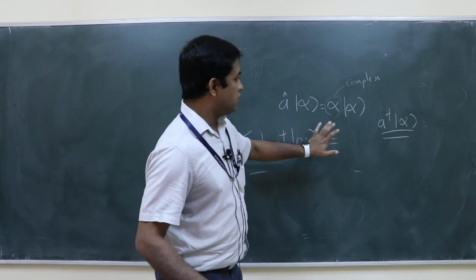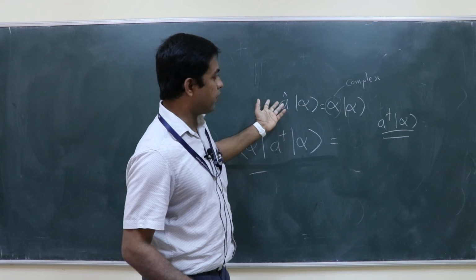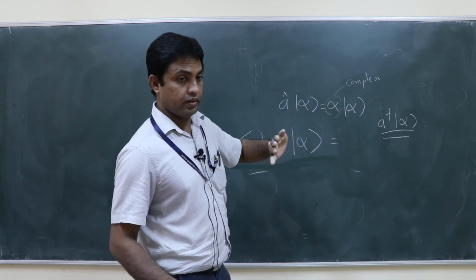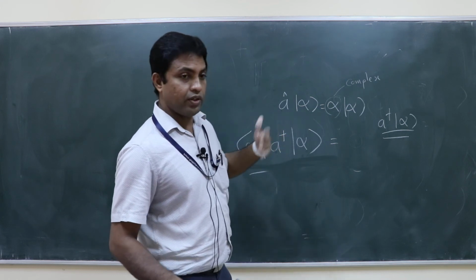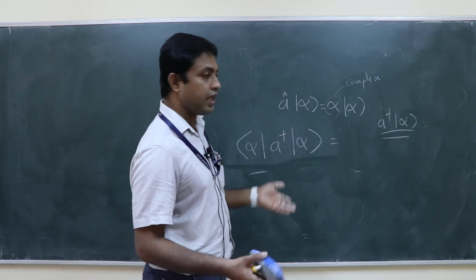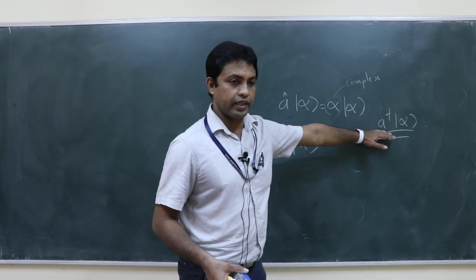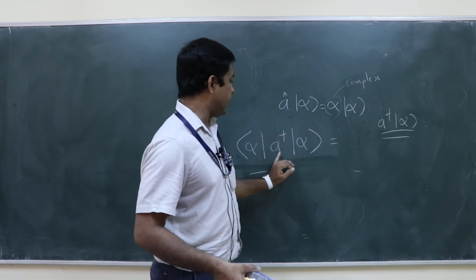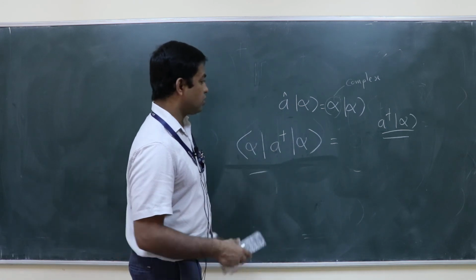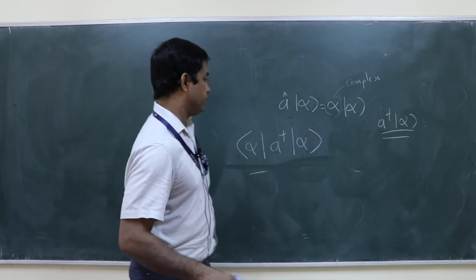Okay. So A and A dagger are different operators. This is one operator, and A dagger is the adjoint operator. But A is not equal to A dagger. If A is equal to A dagger, that is a special kind of operator, which I will be discussing later. But in general, A is not equal to A dagger. So with this knowledge, I cannot find out A dagger on ket alpha. I cannot write A dagger on ket alpha equal to something. No, it is not possible with the information I have given to you.